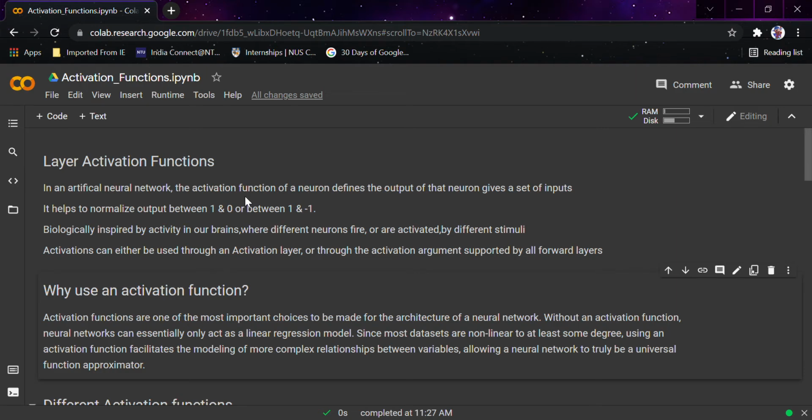These activation functions have been biologically inspired from the activity in our brains, where neurons fire or are activated by different stimuli. You must know that the whole convolutional neural network has been inspired from the neural networks in our brain, and activation functions can be used either through an activation layer or through the activation argument supported by all forward layers.